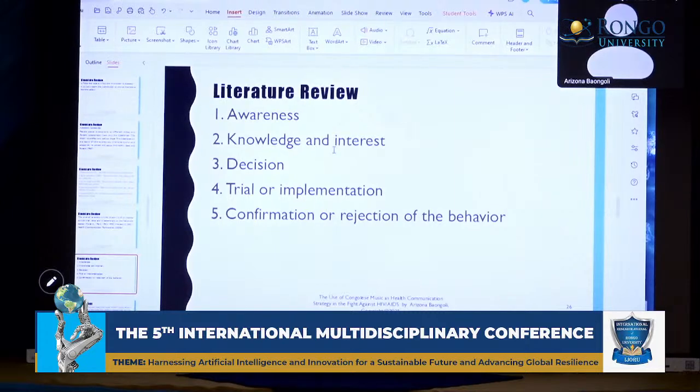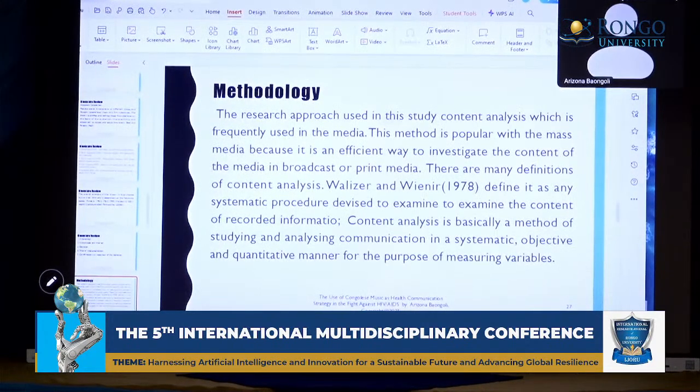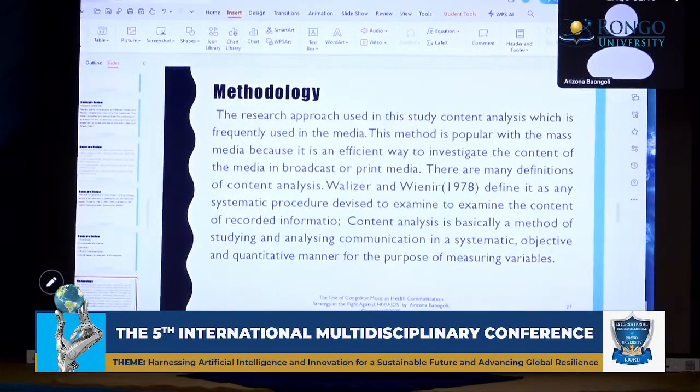The awareness during the message of the song, then people will be empowered. The knowledge, that is health literacy that will come. They will take the decision, like for HIV, whether they should engage in behaviors that will be risky or not. Then they will try to implement and then confirm or reject. Now, HIV at the beginning was a disease that was full of myth. And during that time, that's the time Franco composed that song. It was not like now, where we are all knowledgeable, but still, the song is still useful.